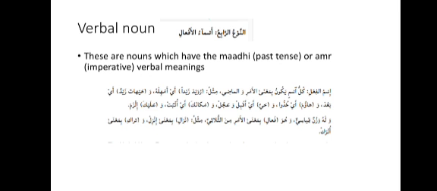Now we have another short discussion. We have asma'ul af'al. These are verbal nouns, nouns which have the meaning of past tense verbs or imperative amr verbs. So they have the meaning of madi or amr. So كل اسم يكون بمعنى الأمر والماضي, every noun in the meaning of amr or madi. And you have for example